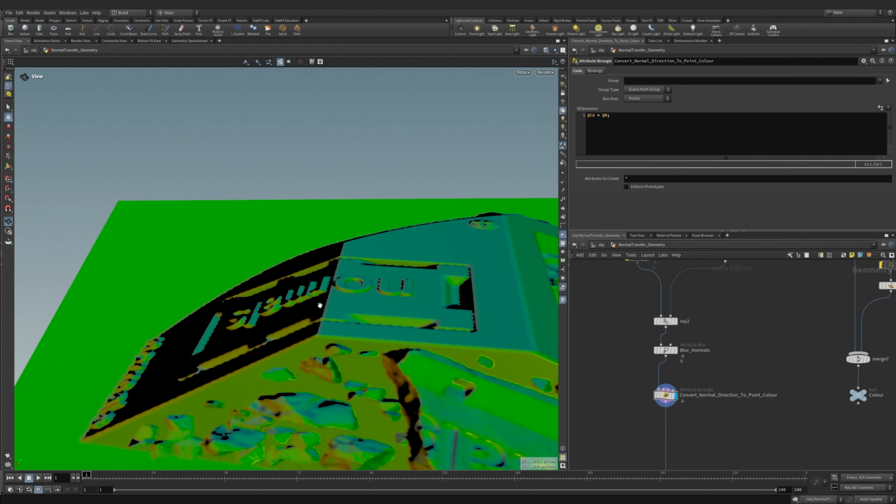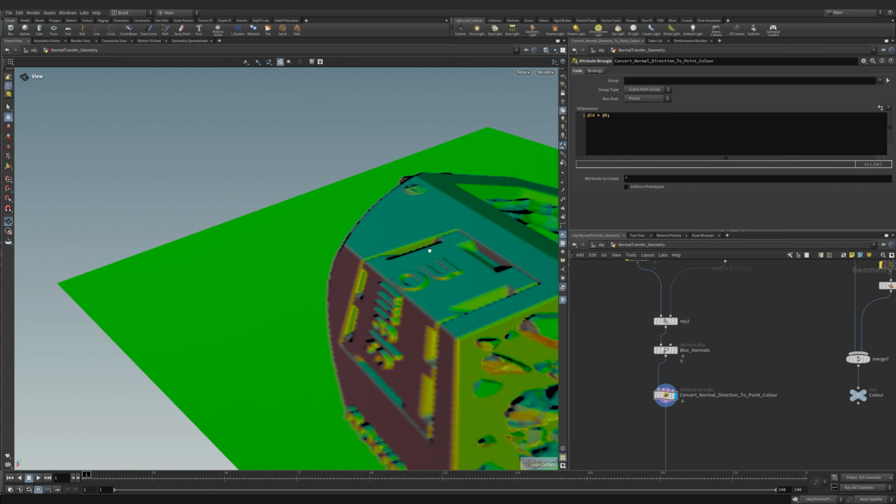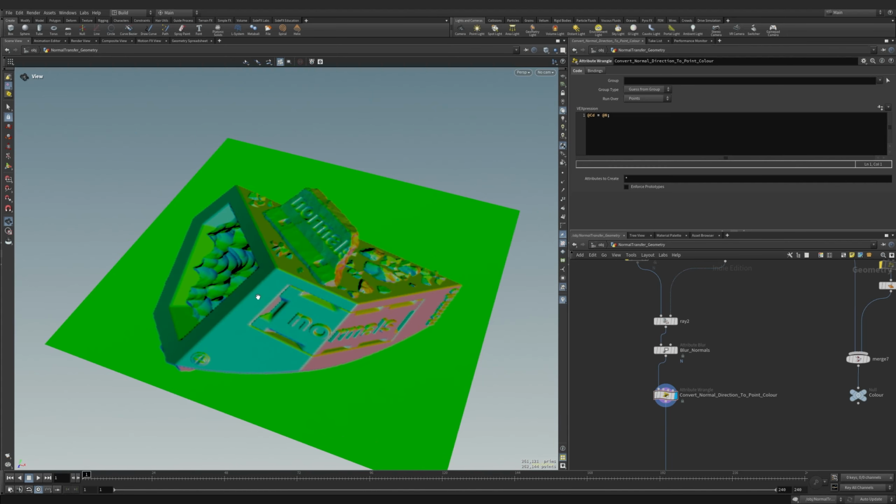Now, if you're slightly confused, that's okay. We're going to explore this in a second. But before we go, just have a look and think about this. When we talk about normal maps, textures, they're like that purpley color, right? And if we look at this in its current state, it's greens, reds, and blues. So we're kind of going in that direction to understand the normal maps that we put on our